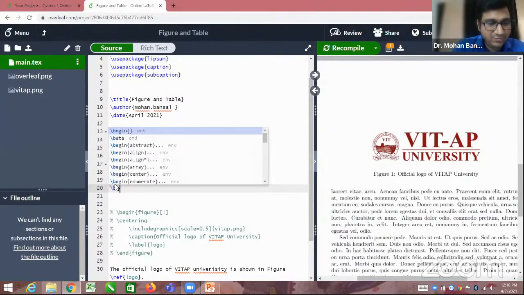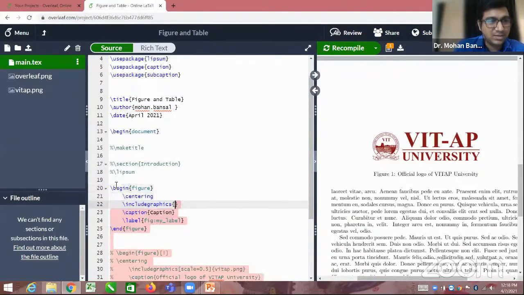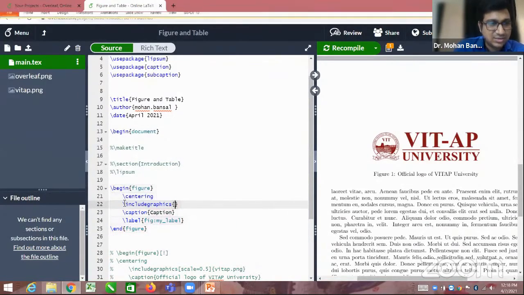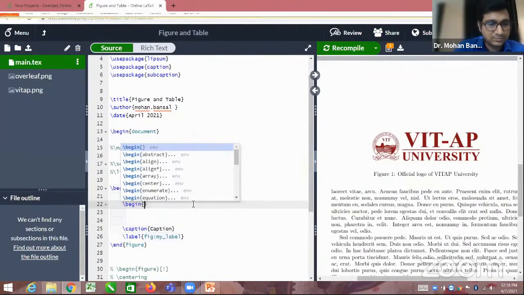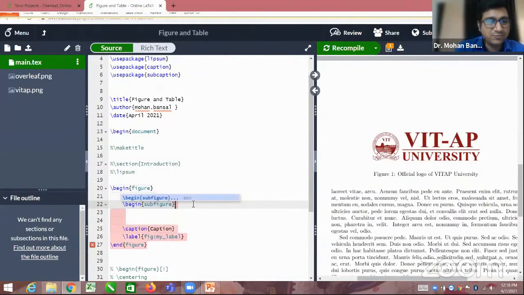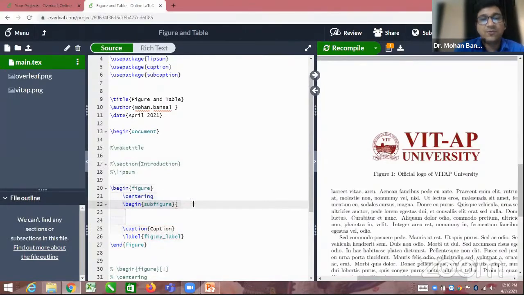So first we'll create the begin figure environment. You get all those things, but here we can remove this includegraphics, because we have to insert it in the subfigure environment. So here we can write begin subfigure. Inside the subfigure, we need to define the width of the subfigure. So I am taking 0.45 text width. You can take anything you want according to your image size.